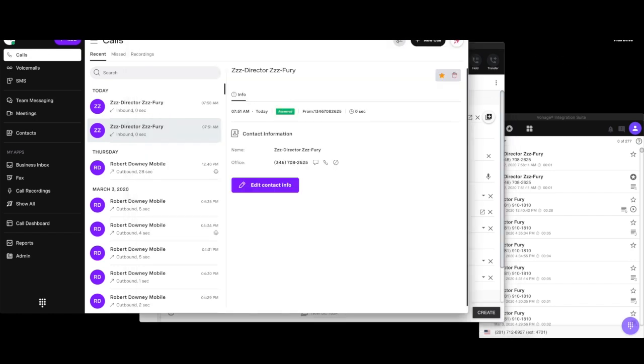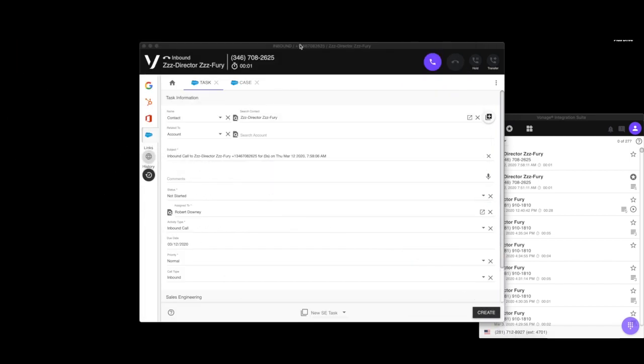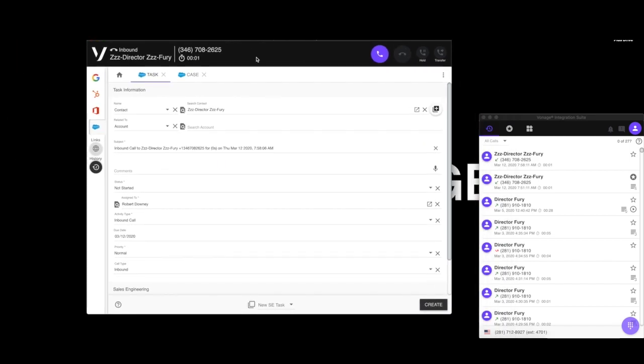I can see in the system that I've received a screen pop. I canceled the call, so it's not running. However, in this tab on the right hand side, you would see the runtime and it would be lit up in a yellow color to let you know there's an active call. However, you notice my screen pop came up as soon as I clicked on that icon to answer the call.